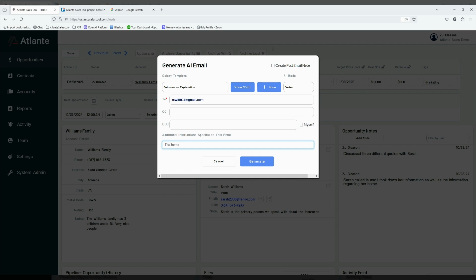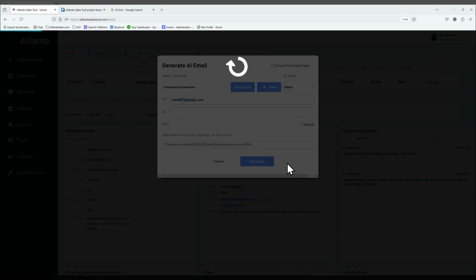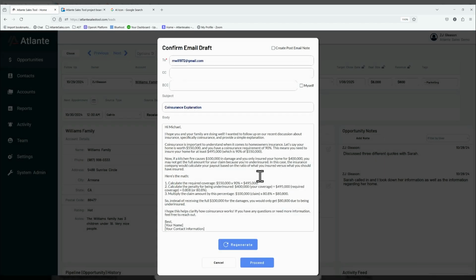So I'm just going to type in the home is worth 550,000 and the co-insurance is at 90%. Okay. Click generate. It's going to pull that context into the email and give a simple to understand explanation of co-insurance. So I'm going to read through this. It's ChatGPT enabled, so you obviously want to verify everything, but you're going to see very quickly that everything checks out here. If for some reason on something complicated like this